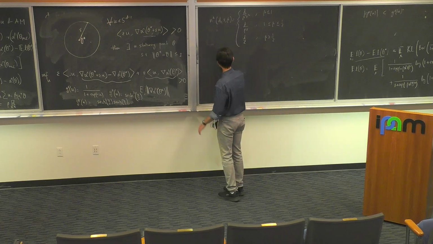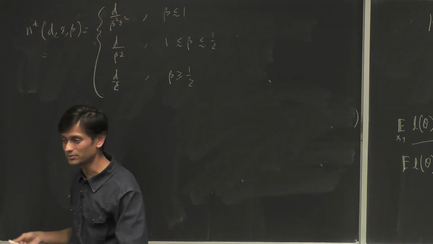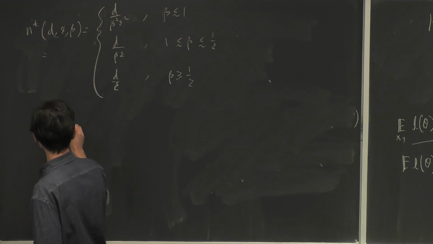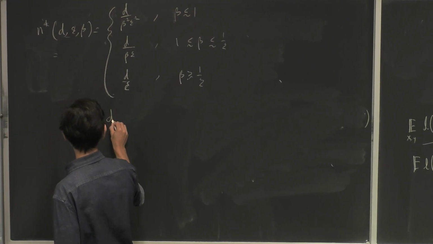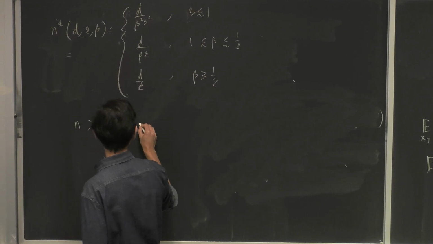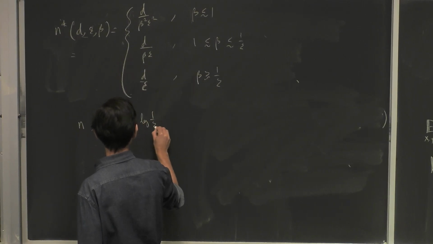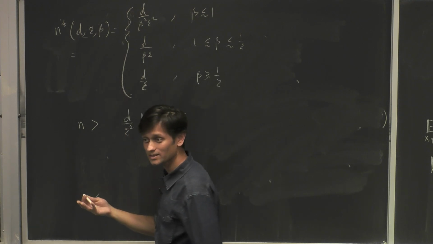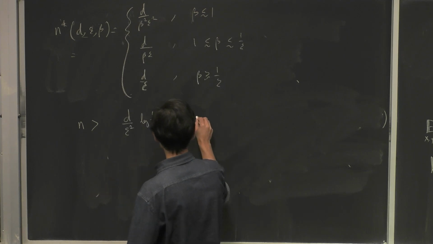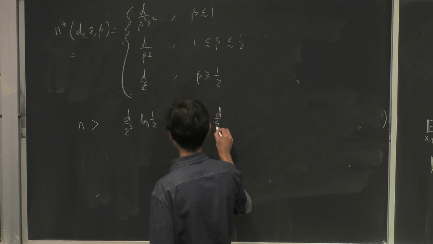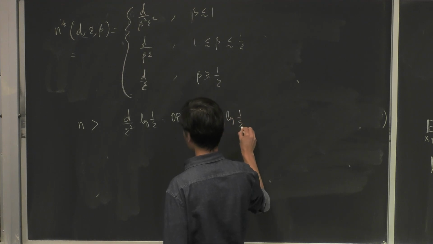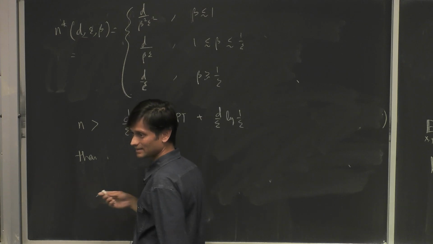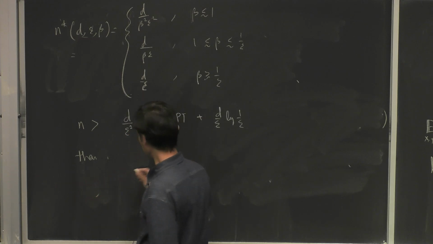By 0, 1 loss, I'm not writing it down anymore, but there are standard results that say that if your n is greater than d over epsilon square log 1 over epsilon times the optimum, this is the optimum 0, 1 loss, it doesn't matter what the data generation metric is, plus d over epsilon log 1 over epsilon, then the prediction error, the excess prediction error or excess 0, 1 loss,